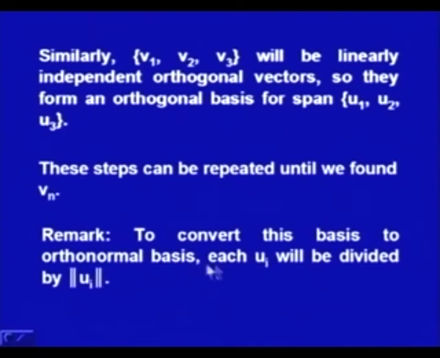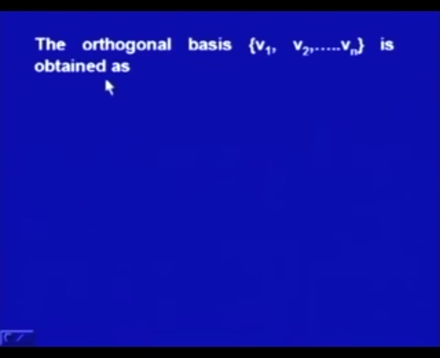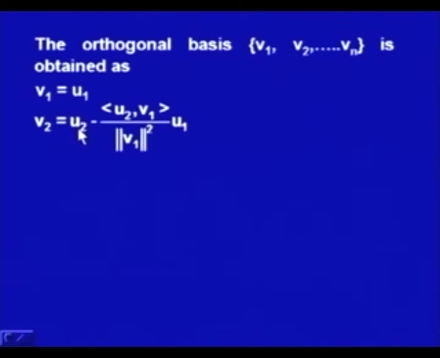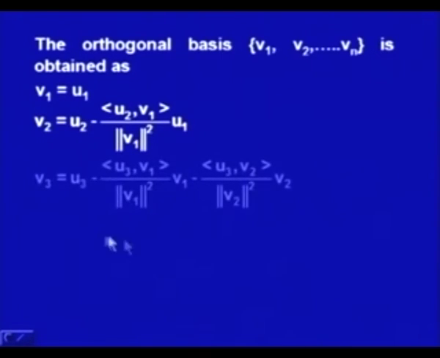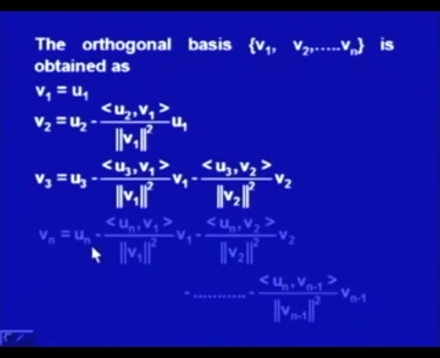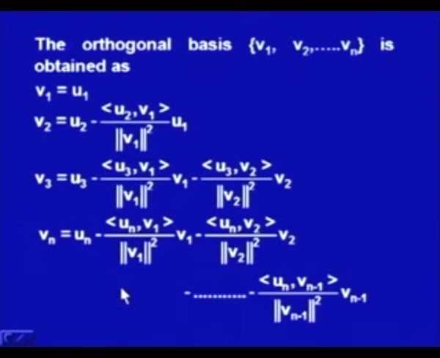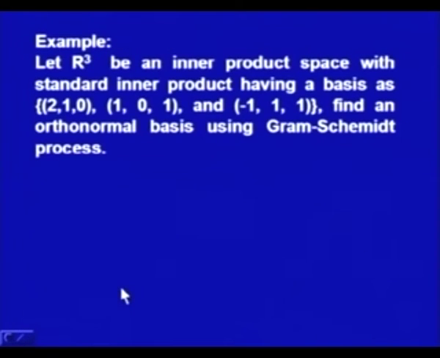Similarly, we can apply more steps till we get all vectors vn, and to convert this basis to an orthonormal basis, each vector vi will be divided by its norm. So, this way we get the orthonormal basis, and the formula is: first from u1 we will get v1, then after getting v1 we will apply this formula to get v2, whose left hand side involves u2 and v1. Then we will have v3. v3 is obtained in terms of v1, v2, u1, u2 and u3. So, this is known on the right hand side. From here we get v3 and we can go on applying this. This is the general expression for vn, and then we can orthonormalize it.